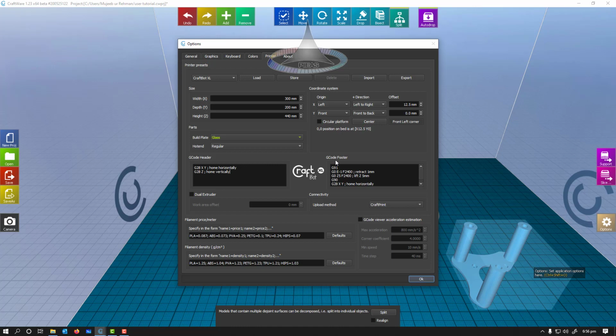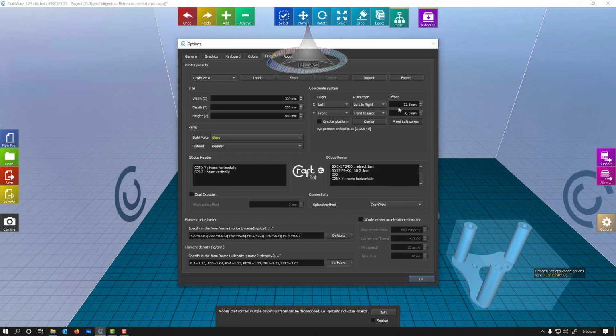And the G code footer will have some commands. Specifically, it will move the header 5 mm above in the Z direction after printing, and it will move the header to the home position. So the header commands will be executed before the G code obtained from the slicing, and these lines of code will be run after the G code lines obtained after the slicing.